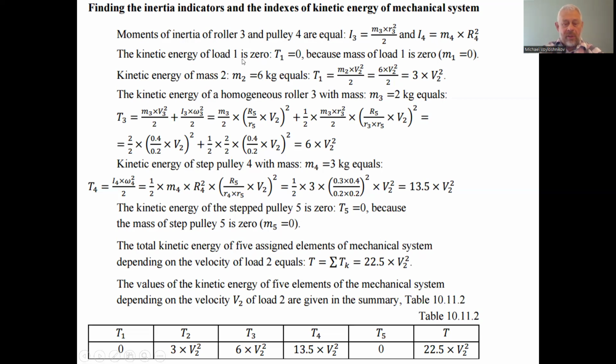The kinetic energy of the first load is 0, because the load's mass is 0, so it is a massless load. The kinetic energy of the second mass is equal to